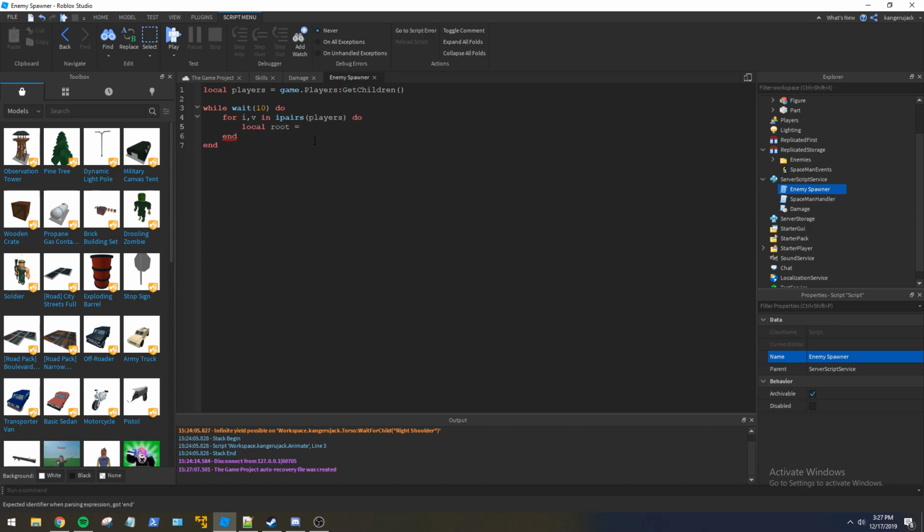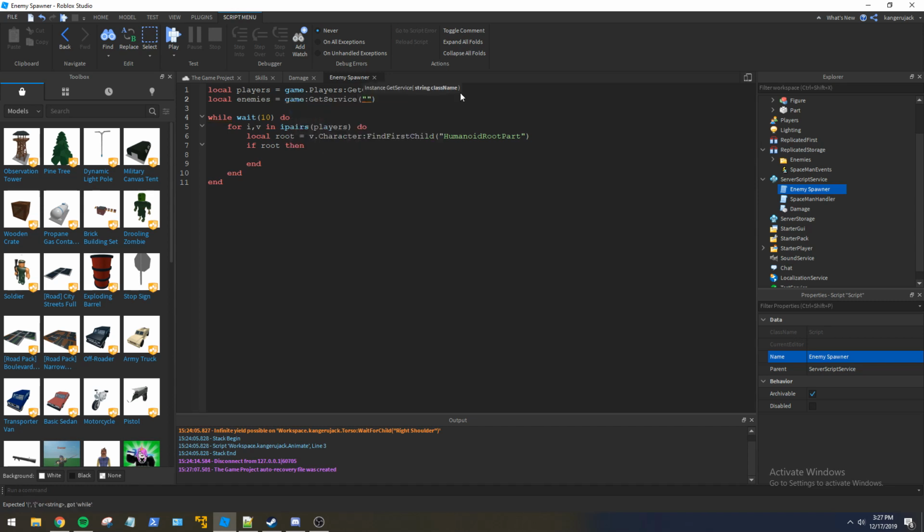So local root equals player, or v:FindFirstChild, v.Character:FindFirstChild HumanoidRootPart. Then we'll do if root, then continue. We also need the enemy folder, so local enemies equals